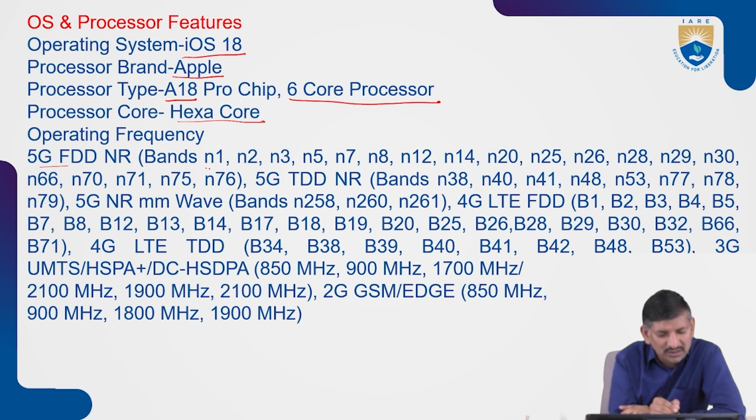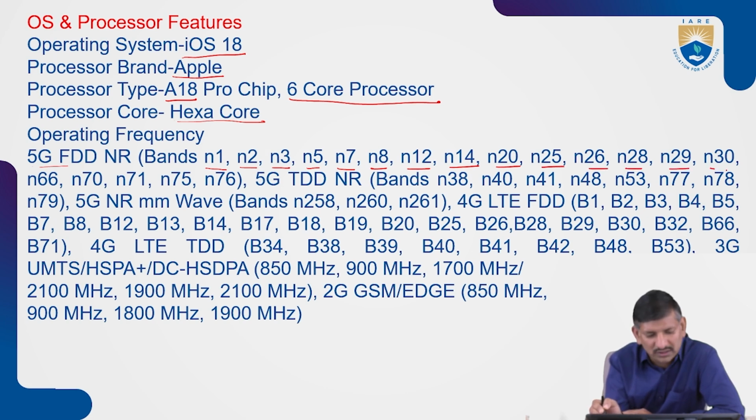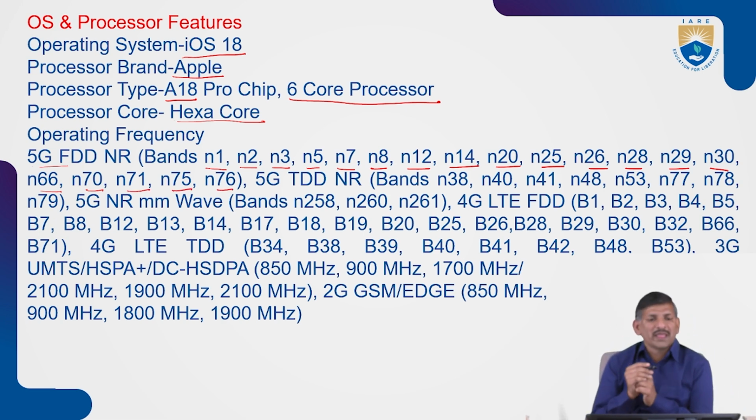5G bands: N1, N2, N3, N5, N7, N8, N12, N14, 20, 25, 26, 28, 29, 30, 66, 70, 71, 75. These are the different types of 5G network bands. Again in the 5G, TDD NR bands: N38, N40, N41, 48,